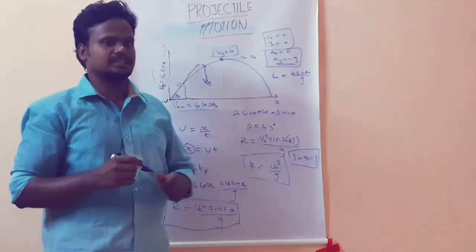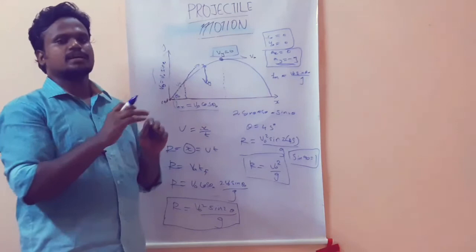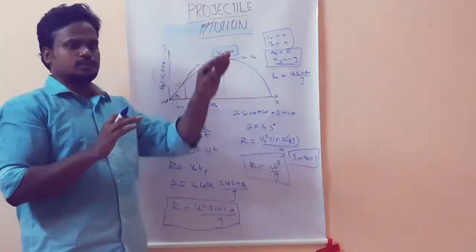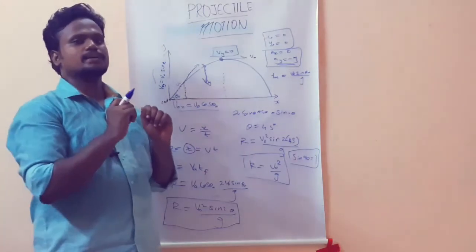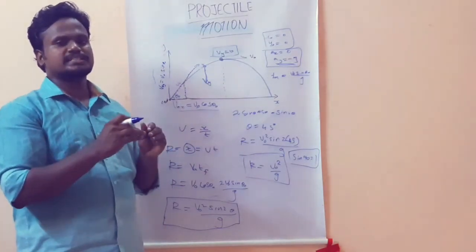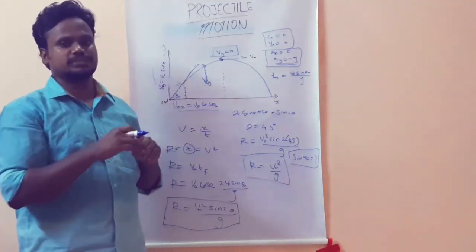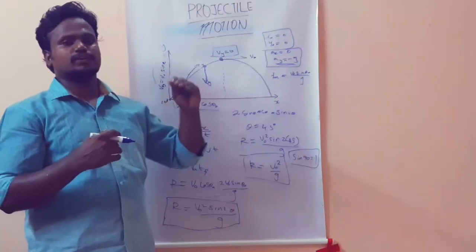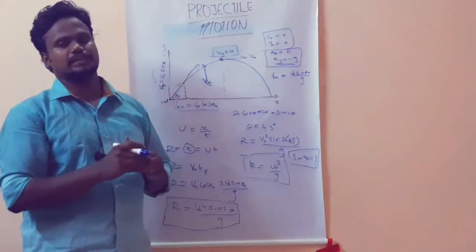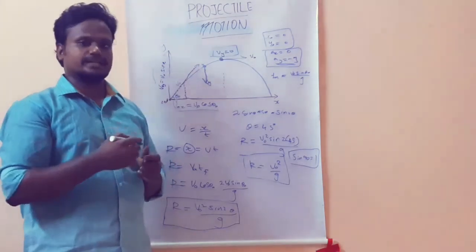In military applications, they throw the cannonball to the largest extent by changing the angle of projection to 45 degrees. They will reach the maximum range. If they want to decrease the range, they have to decrease the angle of projection. So they can control the range by changing the angle of projection in military applications, in tanks and cannons, for throwing cannonballs like that.